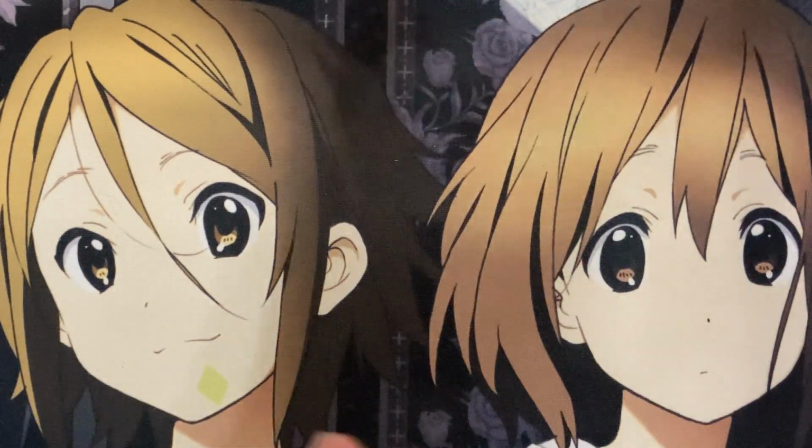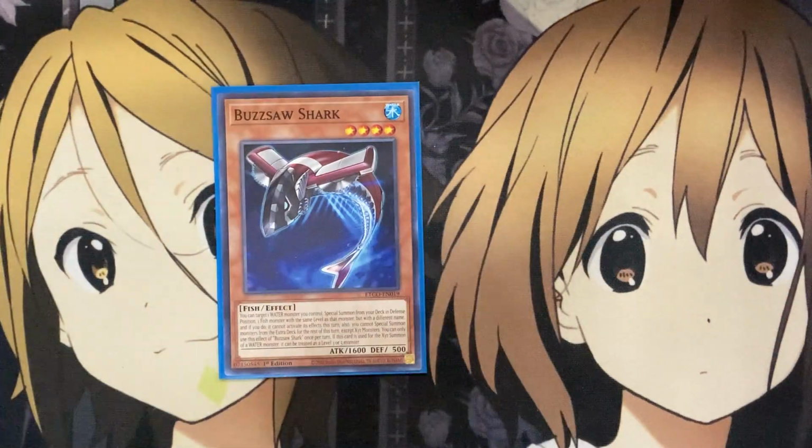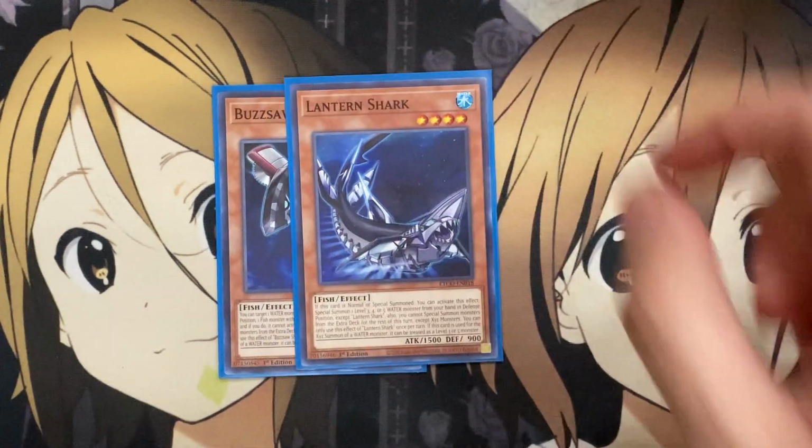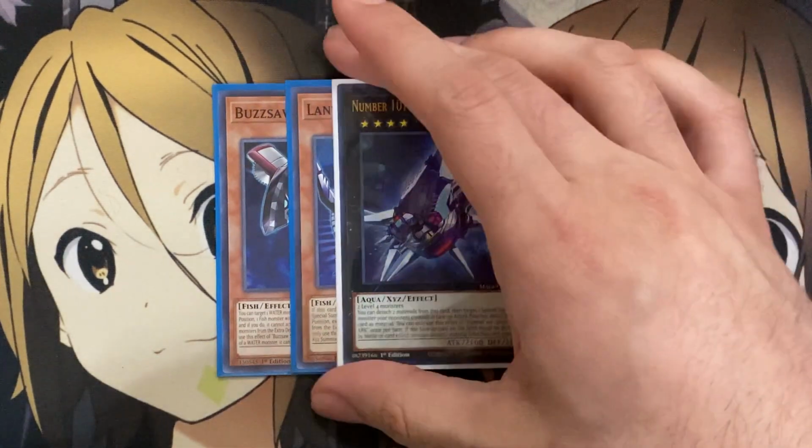And then as for some of the additional plays, like I said before, just focusing on Buzzsaw Shark as your main go-to card. You can target a water monster you control, including this card, and basically special summon from your deck in defense position one fish monster with the same level as that monster, but with a different name. If you do, it cannot activate its effects this turn, but it still gives you the option just to summon out a monster and have your 2 level 4s to then go into your main play, which is your Silent